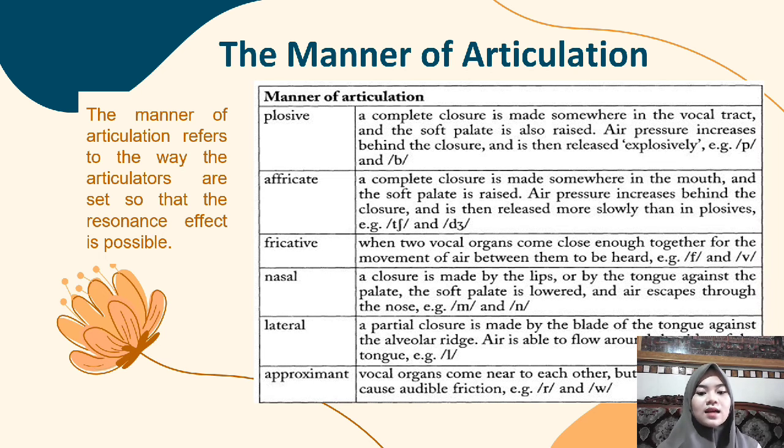And then nasal. A closure is made by the lips or by the tongue against the palate. The soft palate is lowered and air escapes through the nose. Example: mm, mm. And then lateral. A partial closure is made by the blade of the tongue against the alveolar ridge, with air able to flow around the tongue. Example: